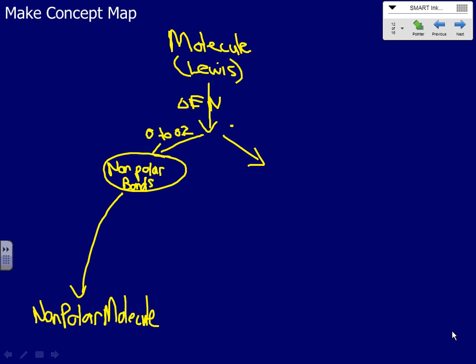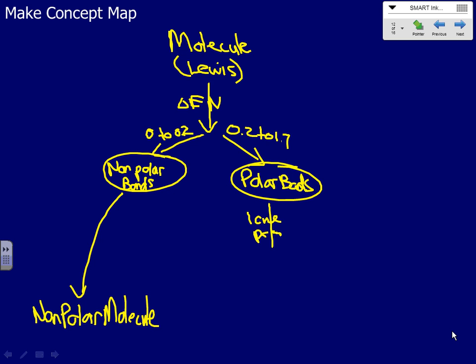Make sense? If it's between 0.2 to 1.7, what does that tell me about our bonds? They're polar. Polar bonds. After I've determined I've got polar bonds, what do I look at on the central atom? I'm looking for symmetrical. So I'm looking for lone pairs, or if they're non-identical. Let's just talk about the lone pairs for now. So if I'm looking here, I'm looking for lone pairs. If there's no lone pairs, and here I've got yes lone pairs, yes. What happens if there's